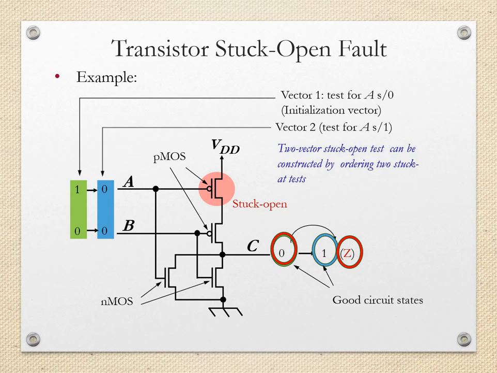So for the good circuit, for the two sets of inputs, output will be 0 for the first vector, and it will be logic 1 for the second vector. Whereas for the faulty circuit, in the previous case, there is no change. In the second test vector, there is a change in the output. Instead of logic 1, we will be getting high impedance output. So that set of input is useful for detecting the fault, that is P MOSFET is stuck open. With the previous set of input, that is A is logic 1 and B is logic 0, this fault cannot be detected.